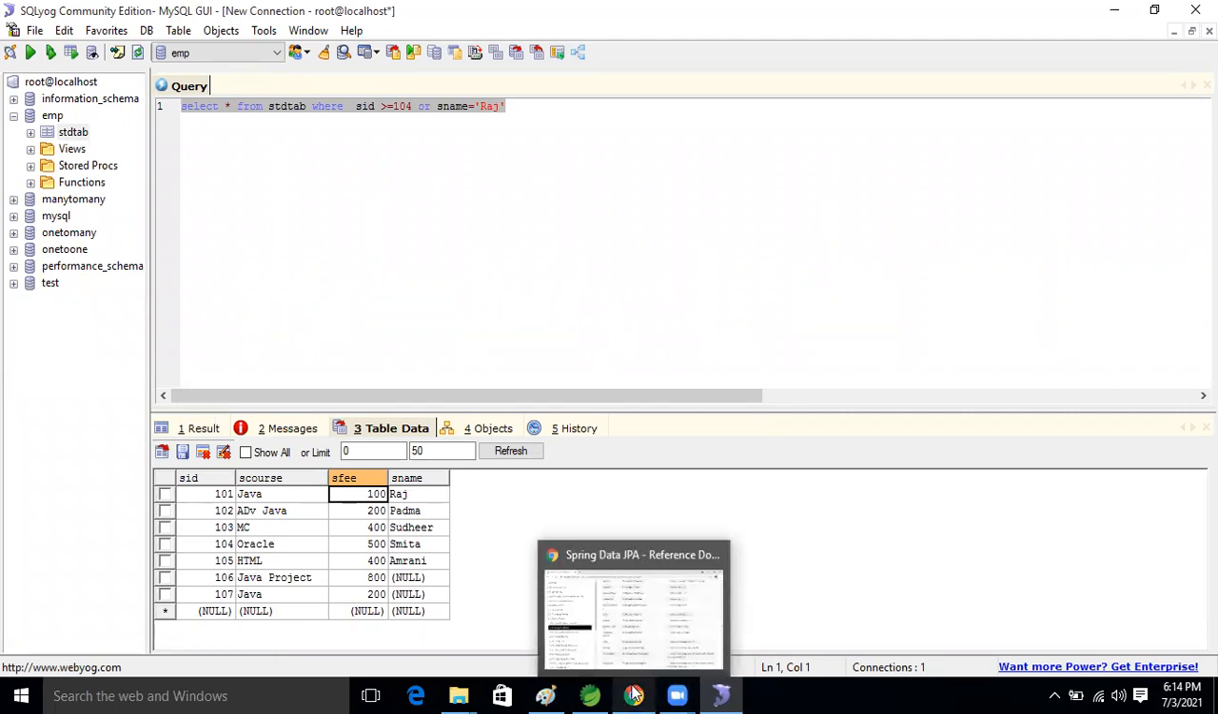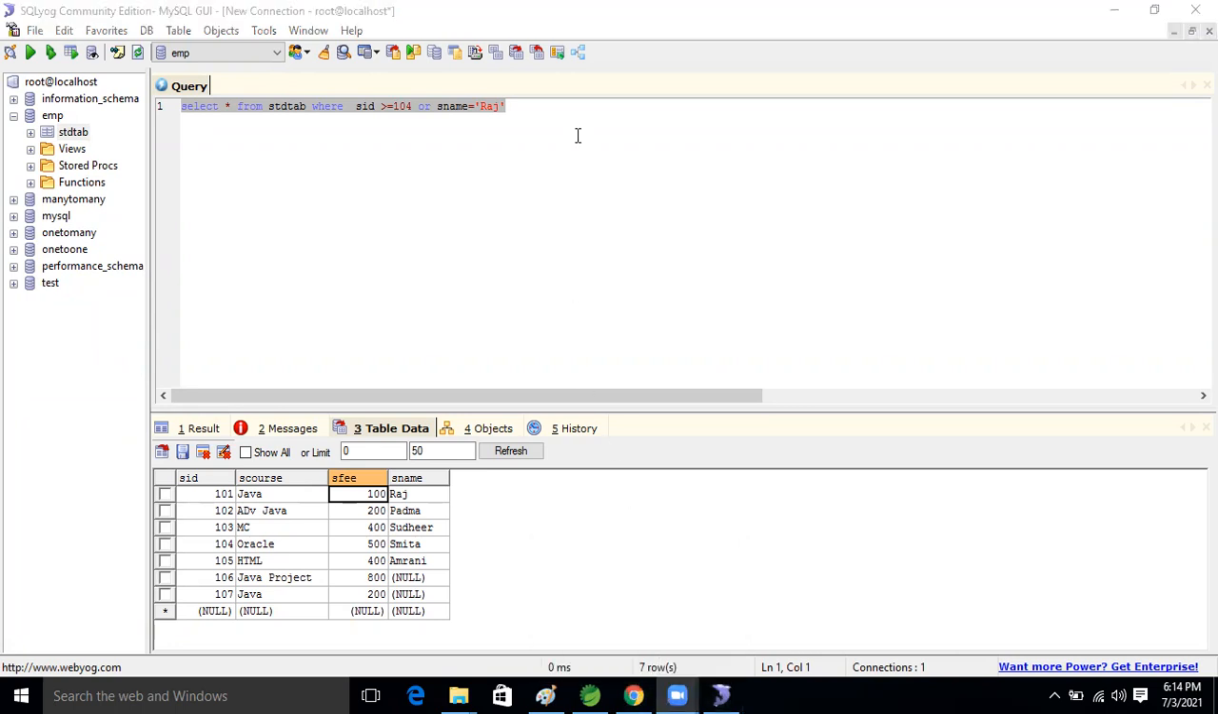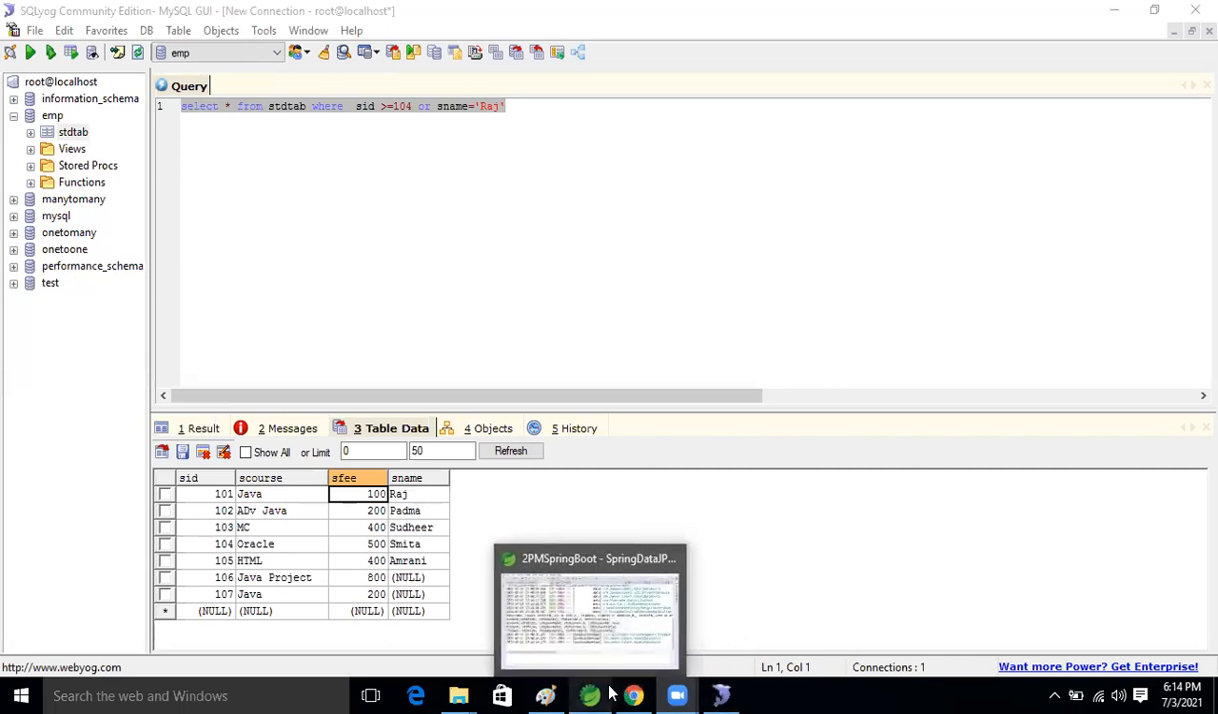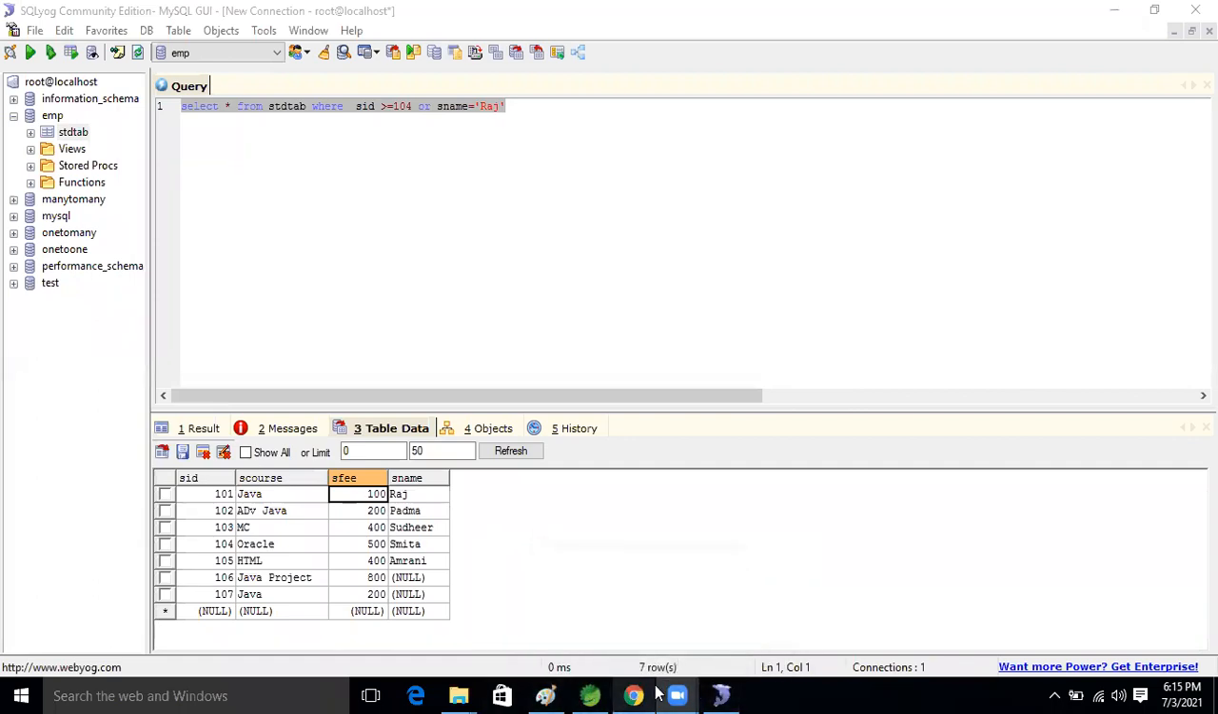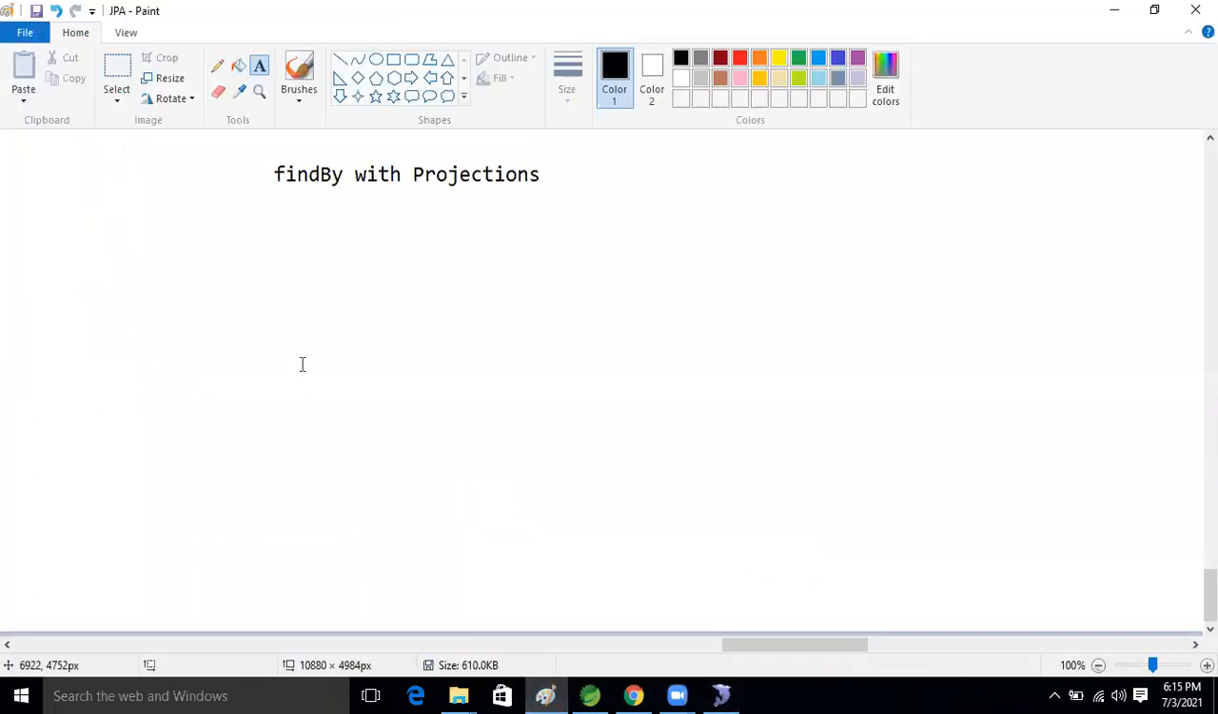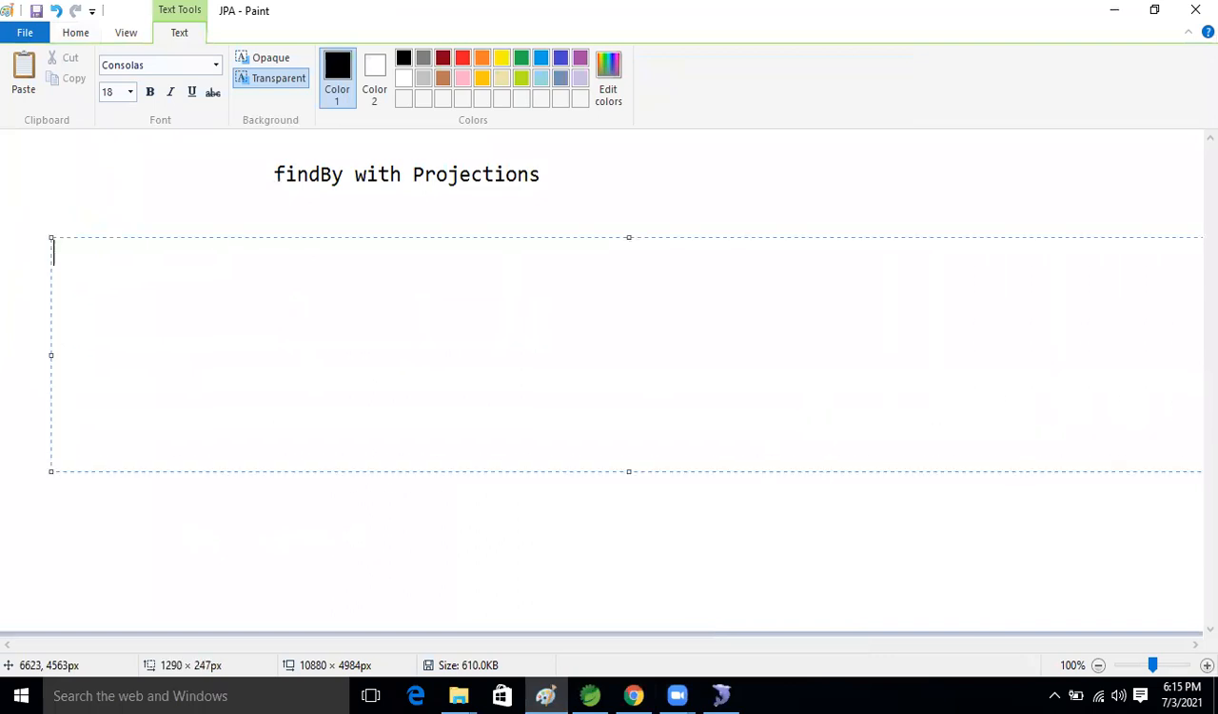So if we want to perform this operation, the find by method is supporting that operation also now, guys. So let's perform this one also. But some rules we need to follow if we want to perform projection using the find by method. So first,